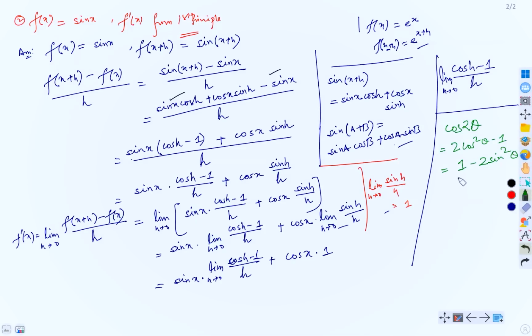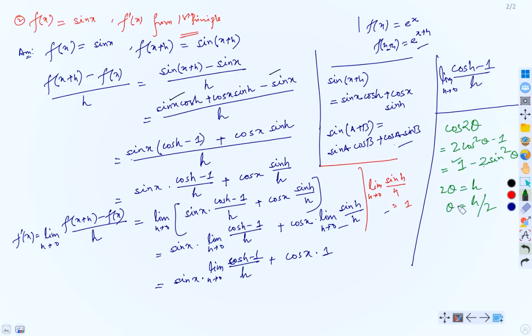Okay. Now see, you have here cosine h minus 1. Therefore, we are not going to use this one, okay? Because if we take minus 1, then this 1 will not get cancelled out. Yes. But if we use this formula, these both formulas are equivalent actually. You can prove that this equals this one. But if we take this one, then minus 1, then this 1 will get cancelled out, okay? So you will use this one. And in this case, we have our 2 theta equals h, right? Therefore, theta equals h by 2, yes?